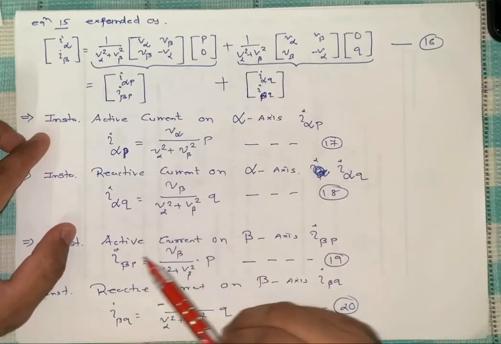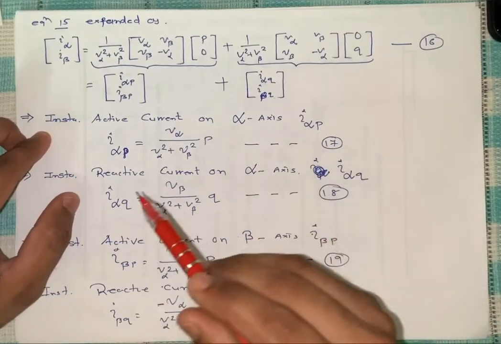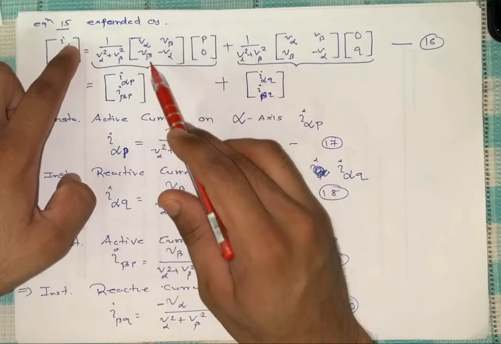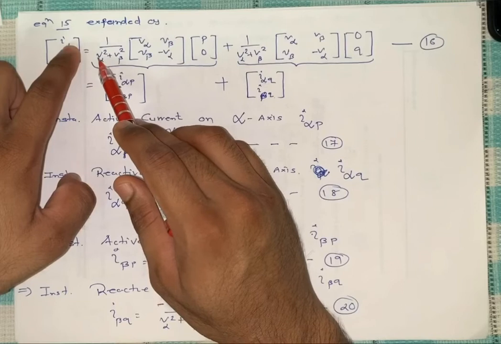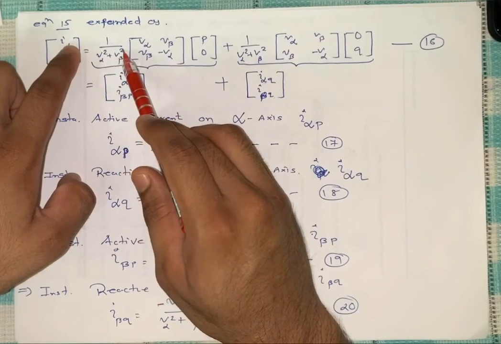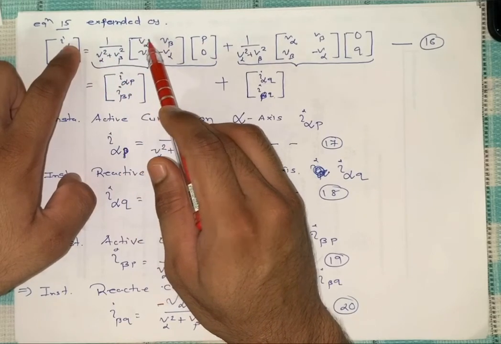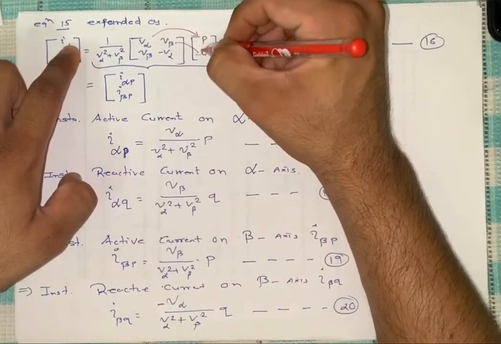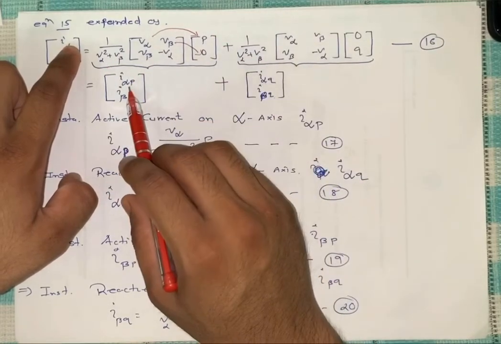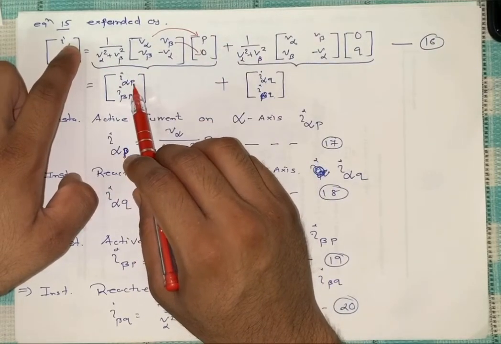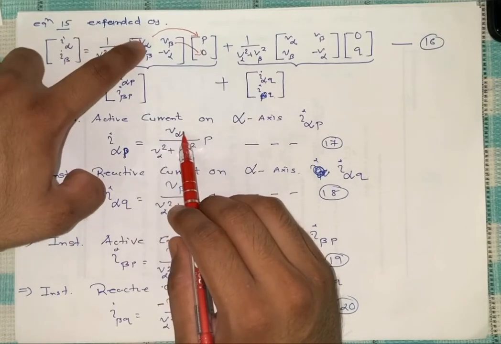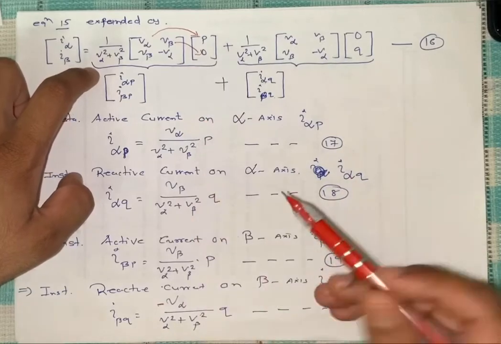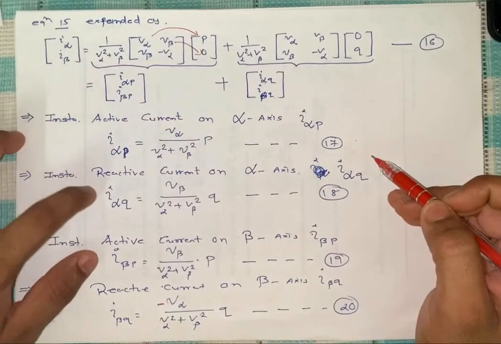So now the individual separation of I alpha P. We can say 1 by V alpha square plus V beta square, that is the same, and V alpha, because this V alpha is multiplied here only, V beta is 0, so it will be 0. So what is the remaining term? The equation of I alpha P is the remaining V alpha divided by, that is the same thing, 1 upon V alpha square plus V beta square, into P, simple. That is equation number 17. Similarly,